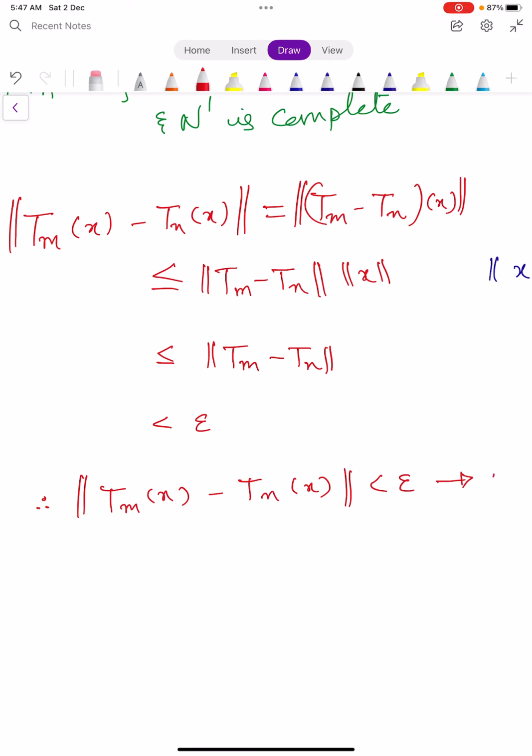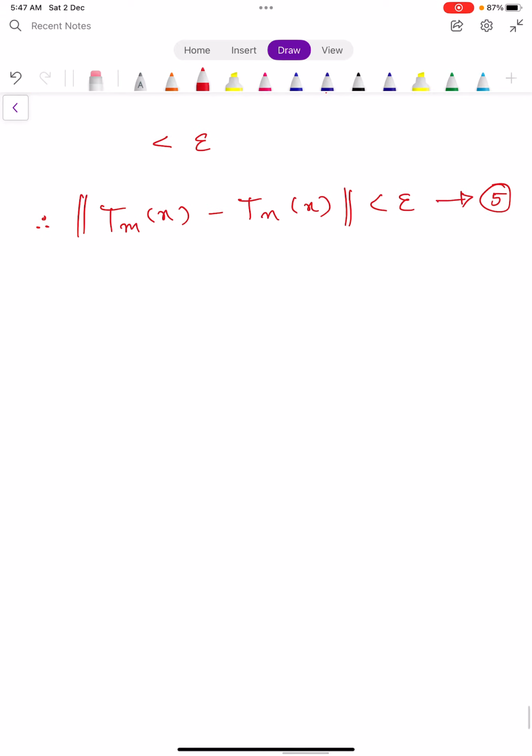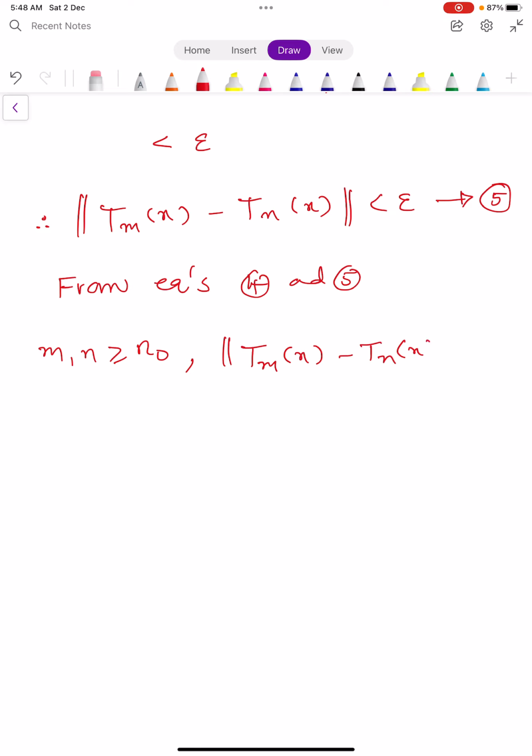Equation number 5. So remember this point: from equation number 4 and 5, for m, n greater than or equal to n naught, norm Tm of x minus Tn of x is less than epsilon,